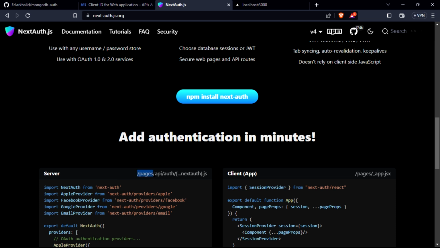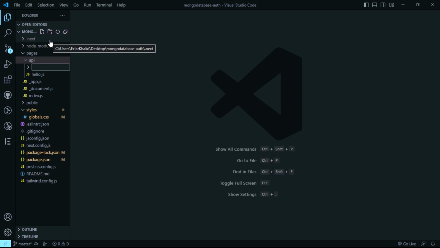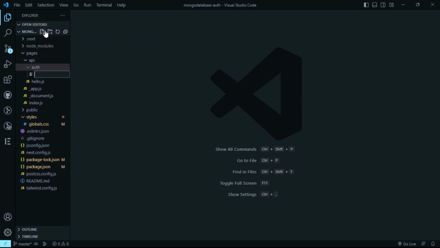we have this which is saying inside pages API, you're going to create an authentication folder, and inside that authentication folder, we are going to create a file called nextauth.js. That's what you are going to do. That's the first step. So inside here, we are going to create a folder, and this folder is going to be called Auth. And inside this Auth folder, we are going to create this file nextauth.js,